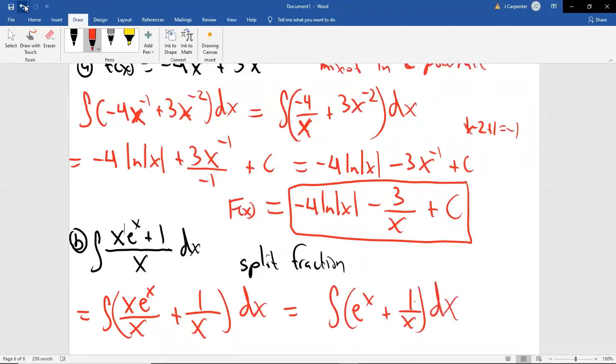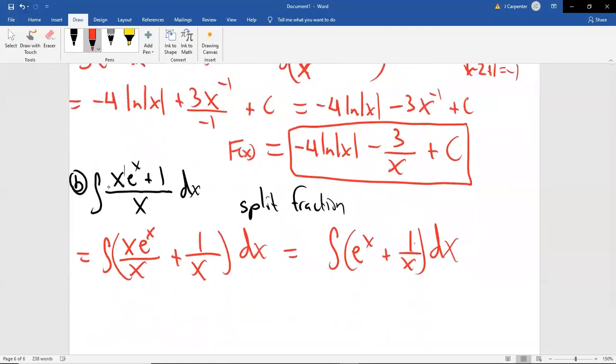Again, the thing on the left and right is just the notation. Inside the parentheses is what we're actually integrating. Well, the first bit is literally a formula. The second bit is literally a formula. The integral of e to the x is e to the x. The integral of 1 over x is the natural log of the absolute value of x. You're supposed to memorize those.